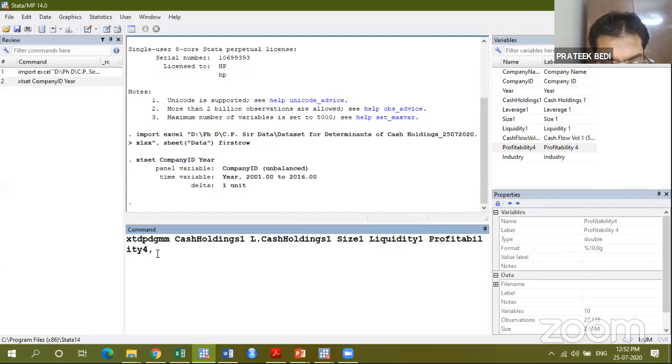So after the comma, the first option that I will write is two-step. Why? Because it gives us standard errors with a lower bias. They are in fact also more efficient as compared to the one-step estimation. So by default, most of the people who use XTDPD GMM simply follow two-step as a default procedure. So that is what we are going to do. We use two-step because we have a lower bias of the standard errors, as well as a higher efficiency of these standard errors. So I write two-step, and then I write vce, bracket start, cluster,